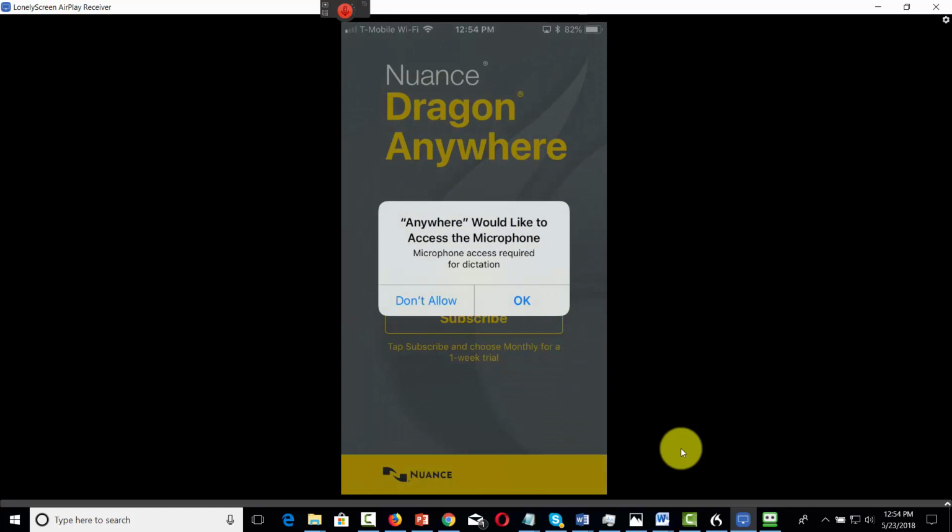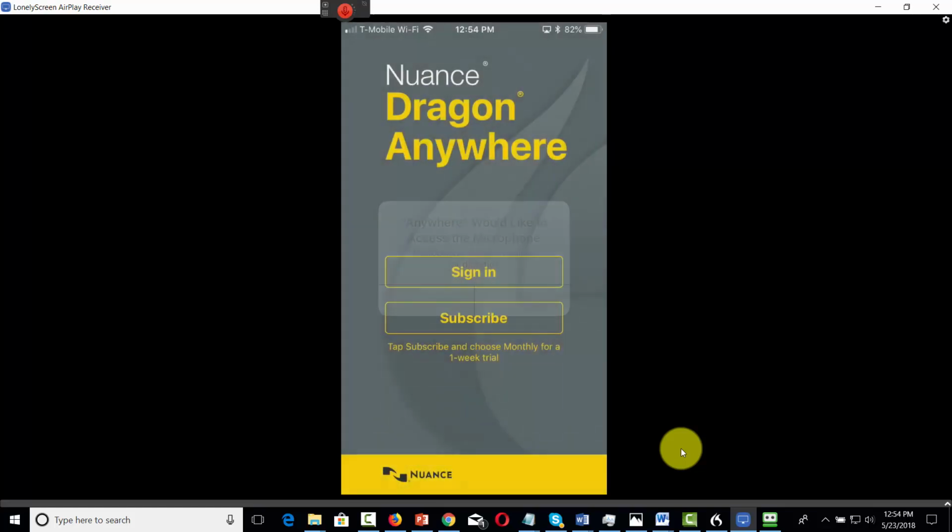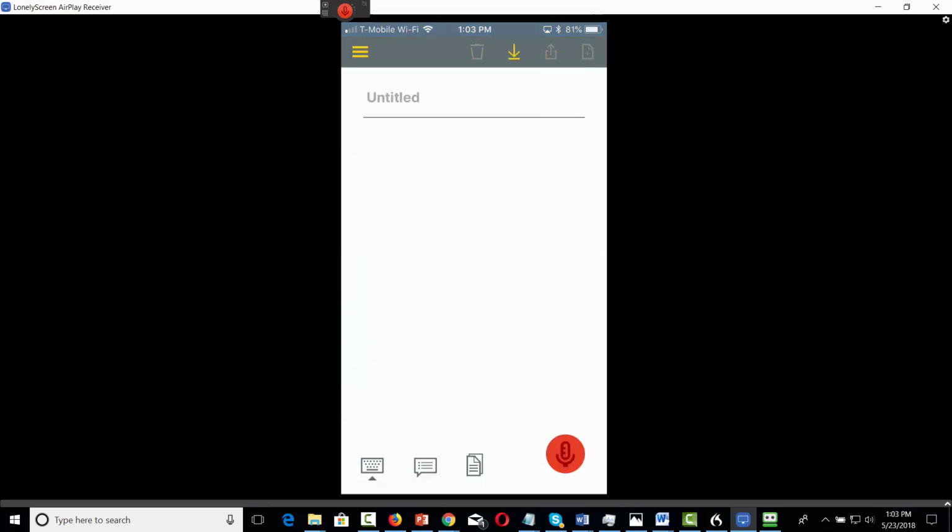You are going to allow it to access your microphone. And then what you're going to do is you're going to sign in since you've already subscribed. Once you type in your login and password, you'll then be ready to use Dragon everywhere. You'll then click Done, and we will pick it up from the next